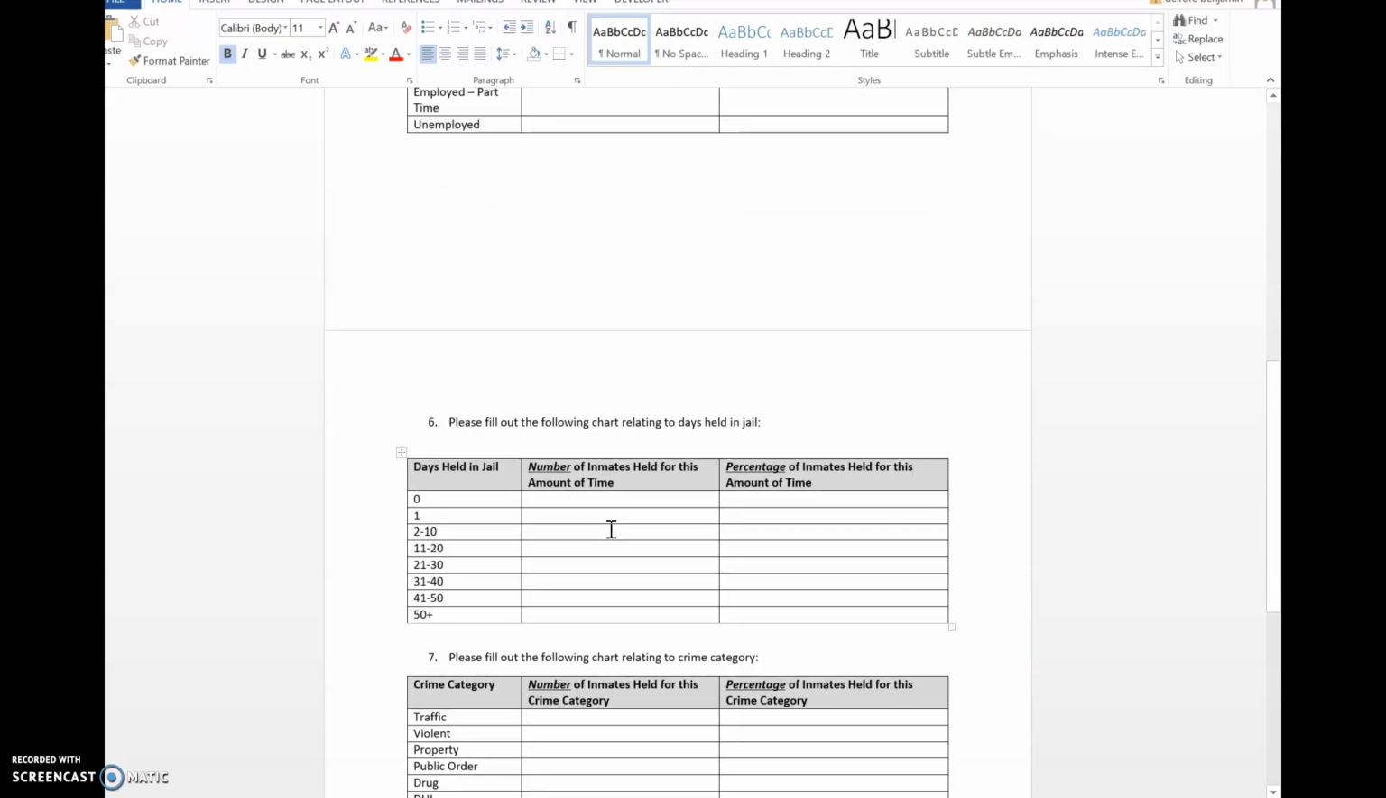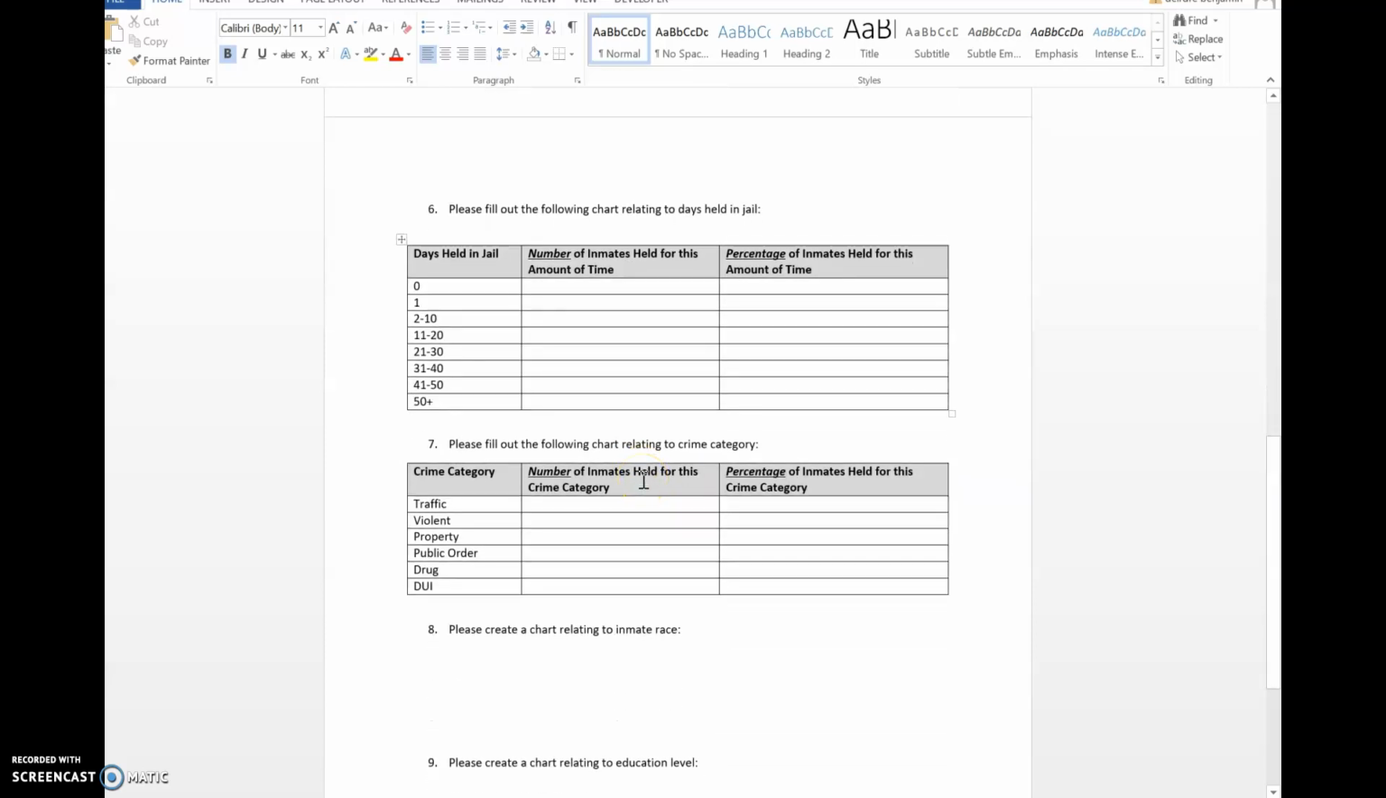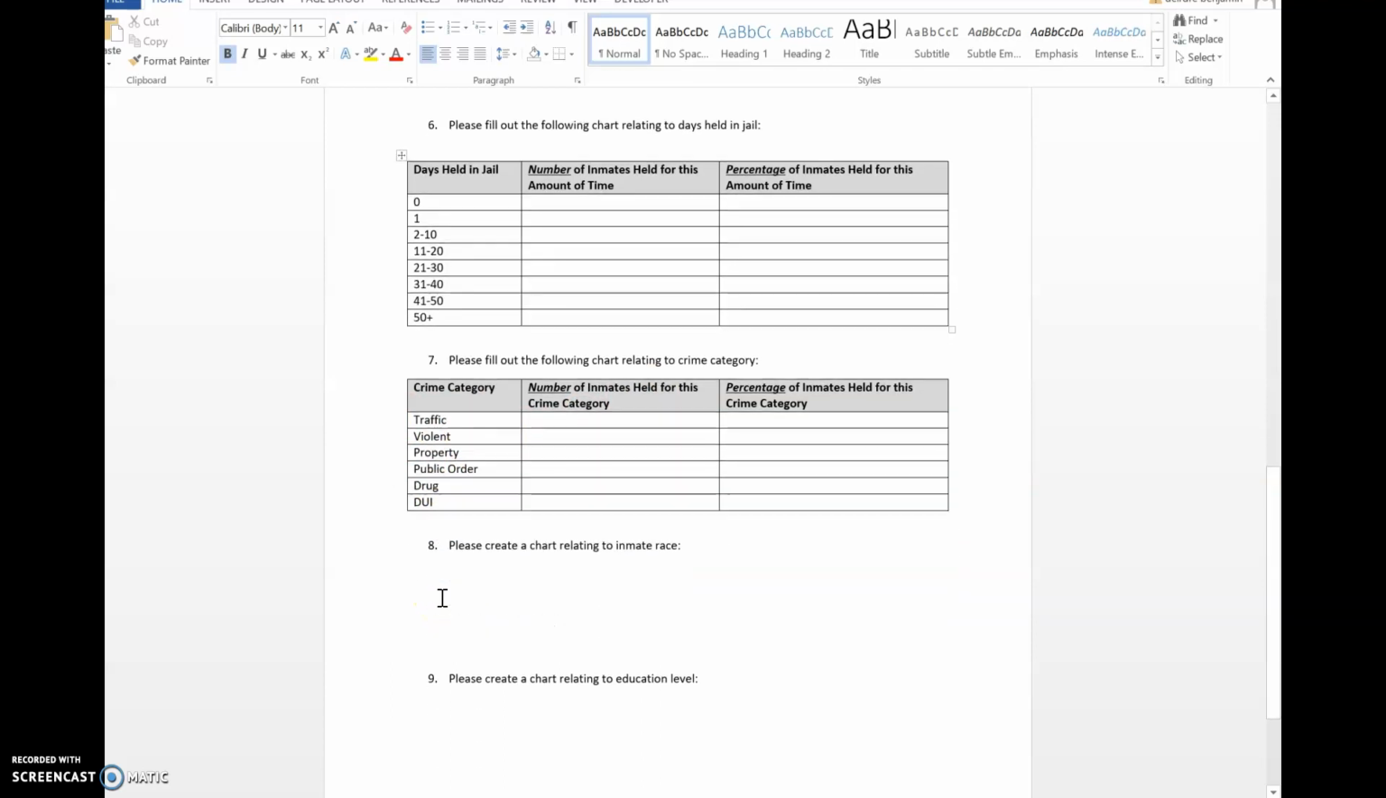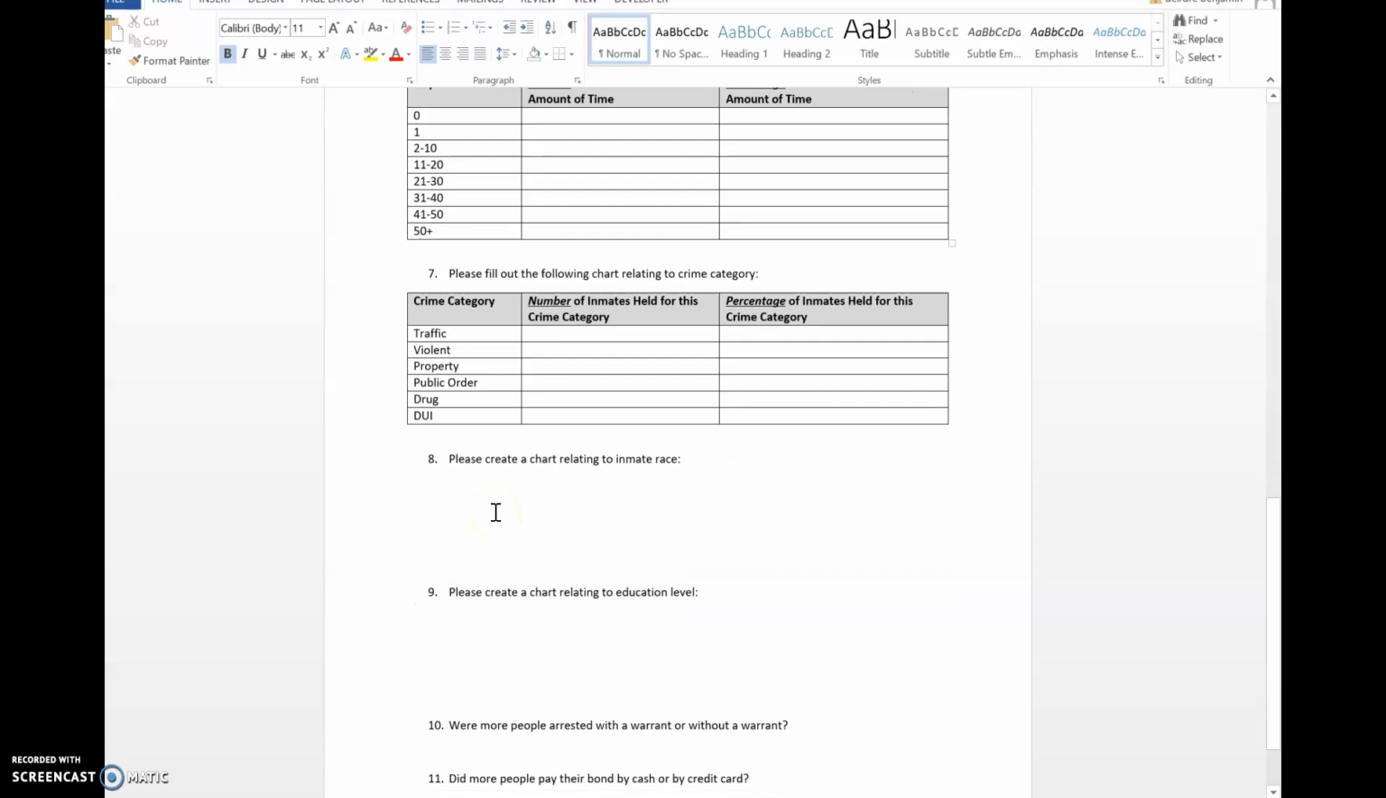Then you need to fill out the chart related to days held in the jail. So this is interesting, how many days individuals have been held in the jail. And then fill out the following chart related to crime category. So you can see whether it's traffic, violent, property, public order, drug, or DUI. Then we're going to create a chart for inmate race. So you're going to need to type out the races,